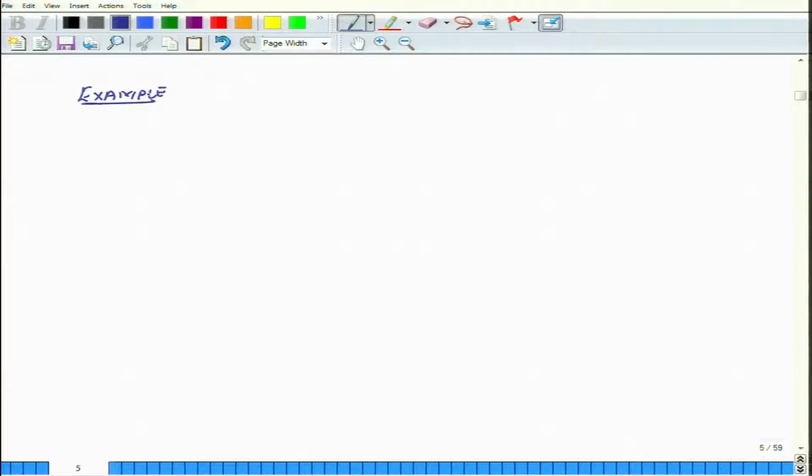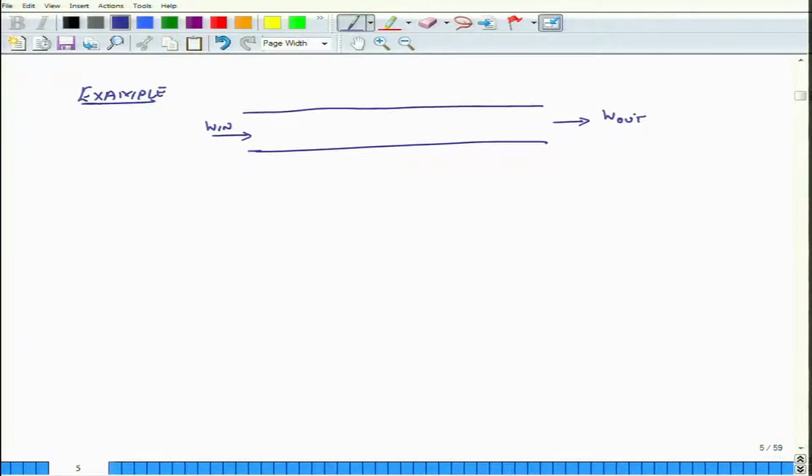What we are told is that let us say there is a pipe and there is sound coming in. So, acoustic power is flowing in and acoustic power is flowing out. The diameter of this pipe is 150 millimeters, and what we want to do is develop a side branch muffler for this,